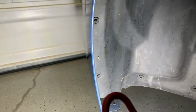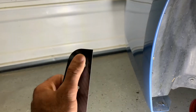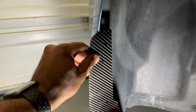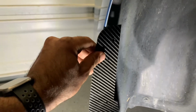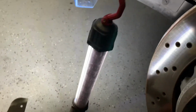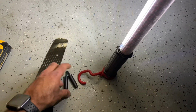Now for the rears. Alright, so for the rear, it is held in with 2 8mm screws from the factory, one on the bottom, one on the top. And the mud flap itself has 2 different holes, so I assume you can put it to your liking, where you want it to sit higher or a little bit lower on the body line. So I think that's what it's designed to do, so whichever one you like, you can use. And the hardware included is 2 extended Phillips head screws,